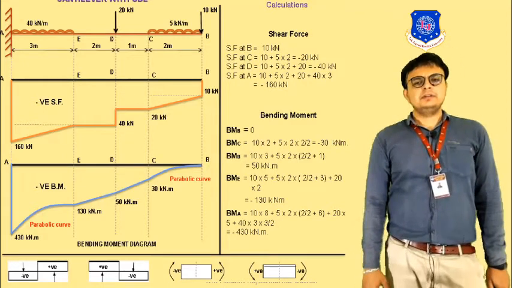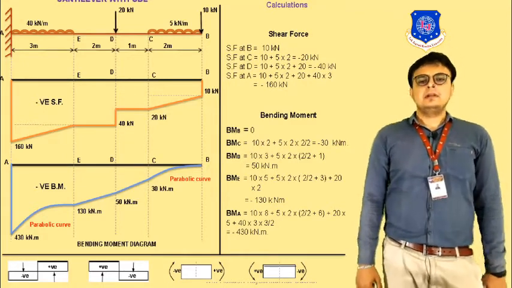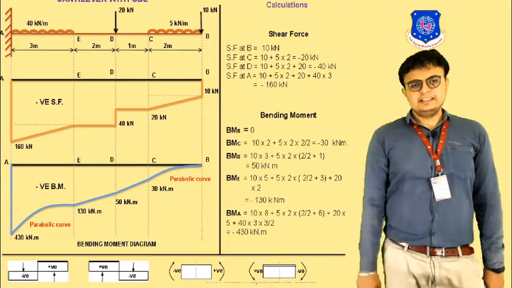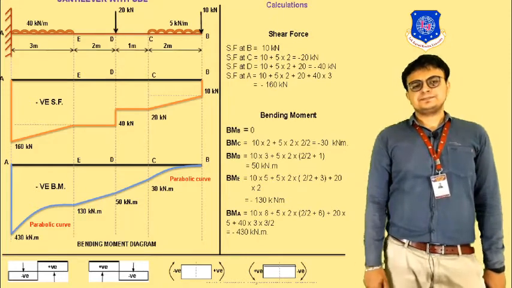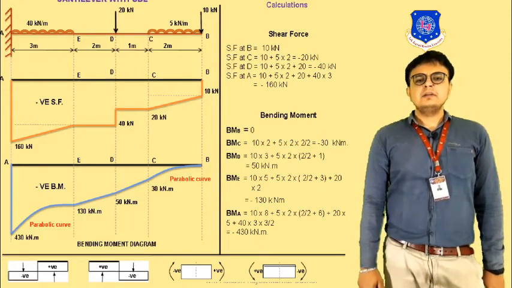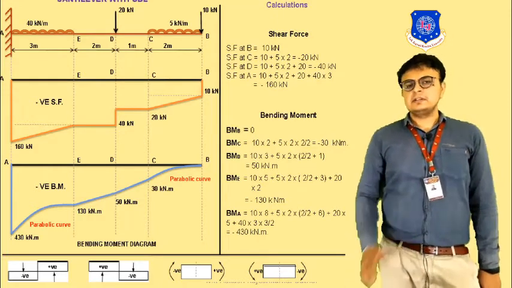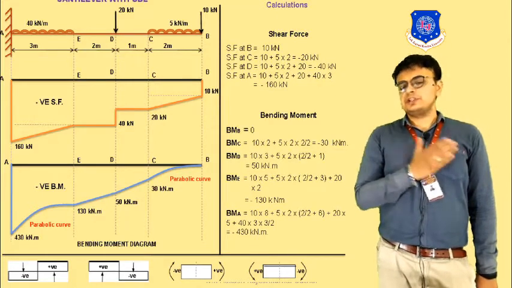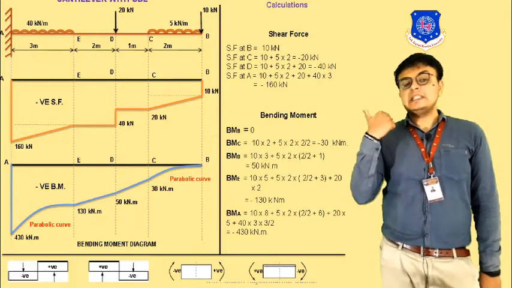In the previous session, we discussed an overhanging beam with the UDL on the overall span. In this session, we will be discussing the cantilever with a UDL. The beam is a total cantilever, there is no support. It is just projecting out from the fixed support. You can see over here.